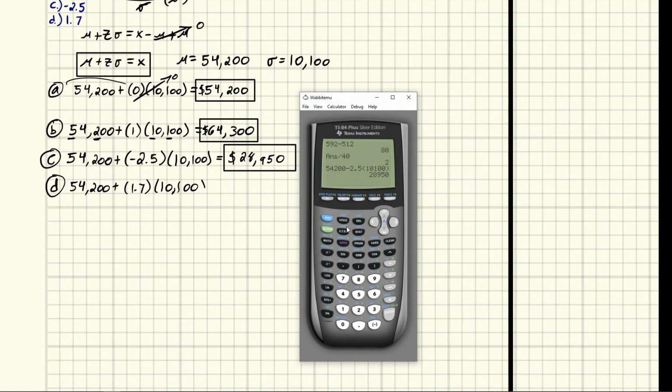So we're going to go up 1.7 of these, and so we're going to be making above the average in this case. So we're going to have 54,200, and then a plus, and we don't need parentheses here for this first one, so I'm going to leave them out, but you can put them if you want, times 10,100, and we're going to close it, and we get